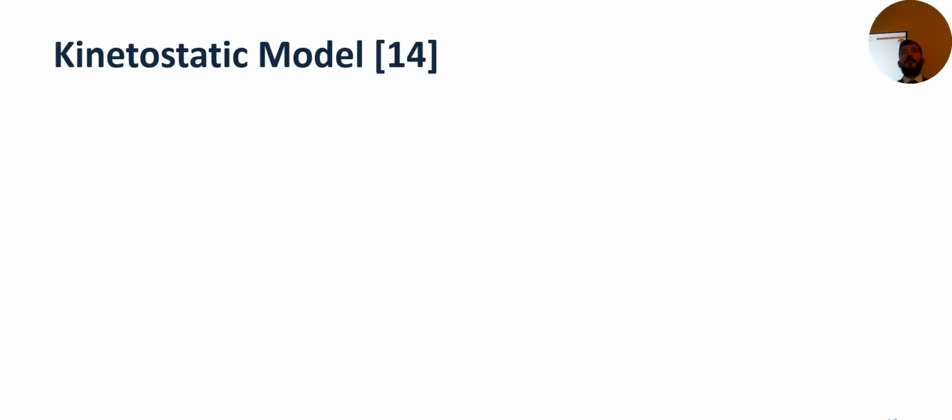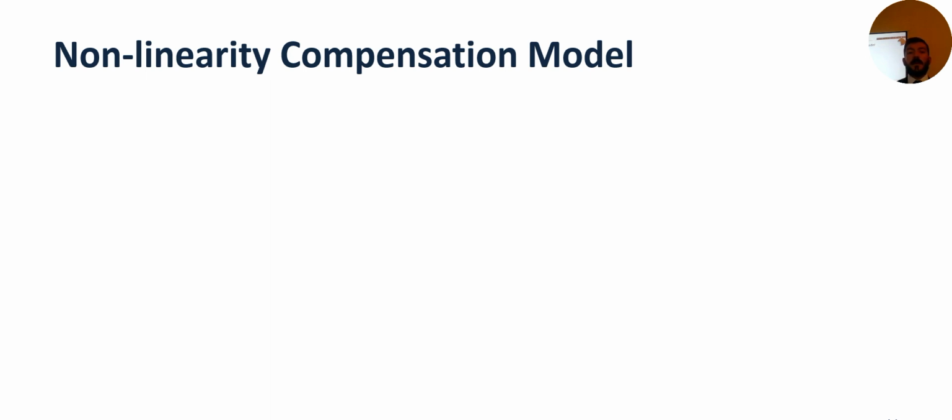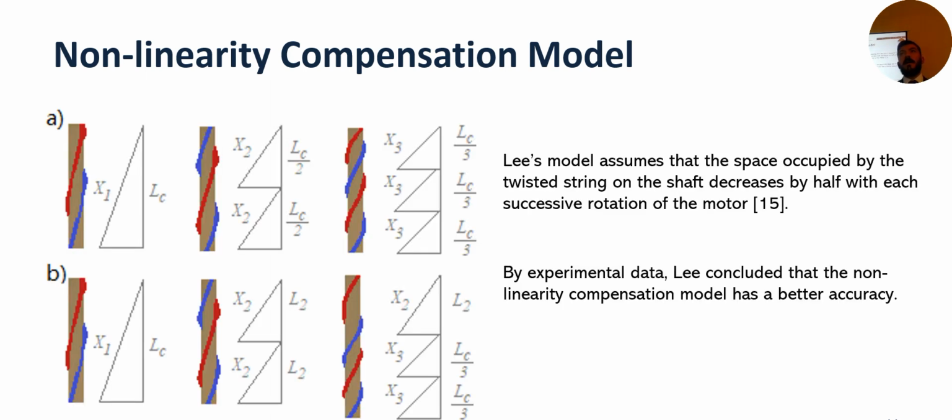Well, for that, we could select two models. The kinetostatic model tells us about the relationship between the twisting angle of the rope and the force being applied to those ropes, because there are several forces, and there can be any external force on that rope. And we can also use the non-linearity compensation model, which assumes that whenever we have the two ropes,